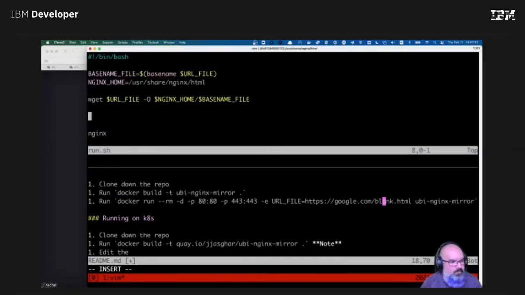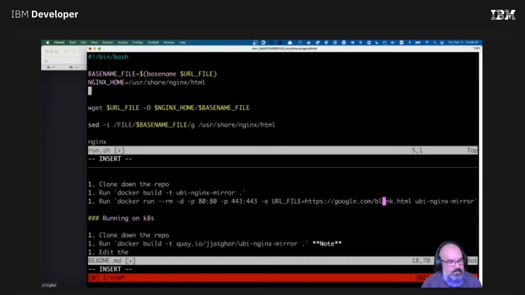run, and then we can come here and do sed -i file to file to $(basename file) and /usr/share/nginx/html. What we can do is